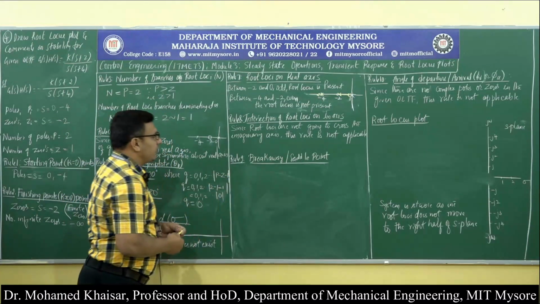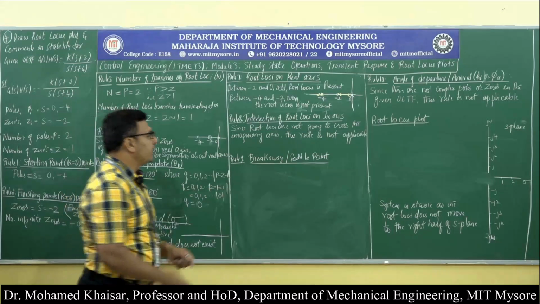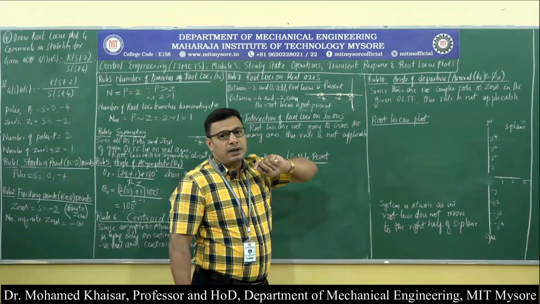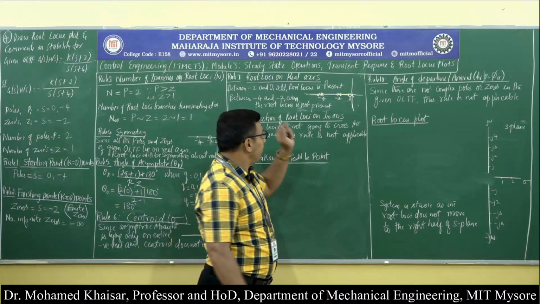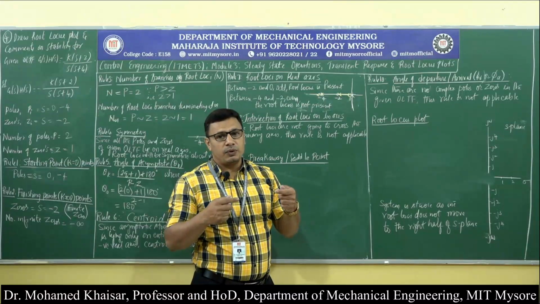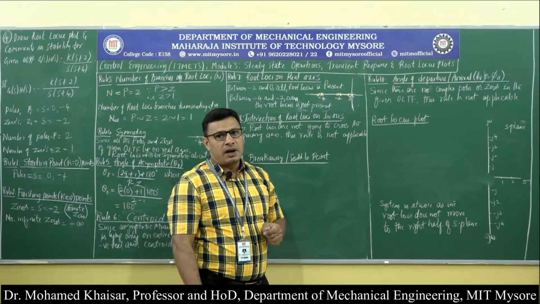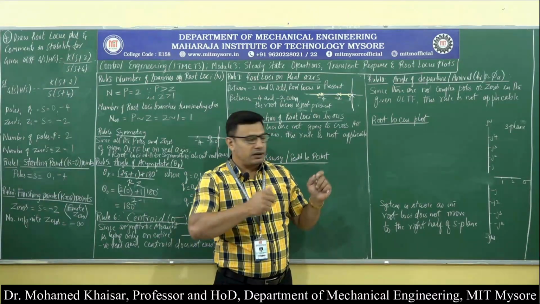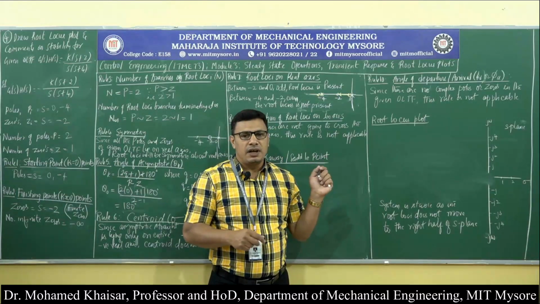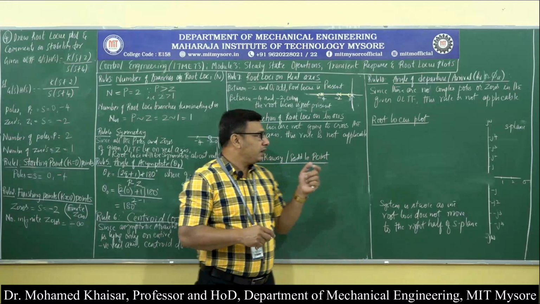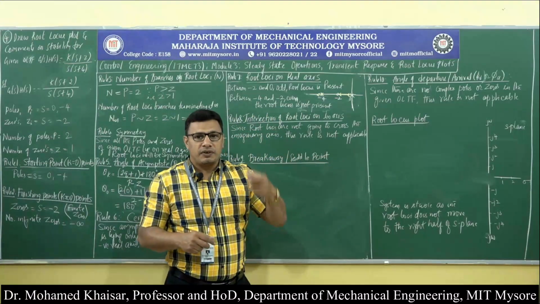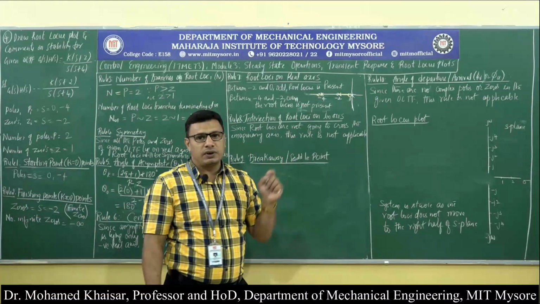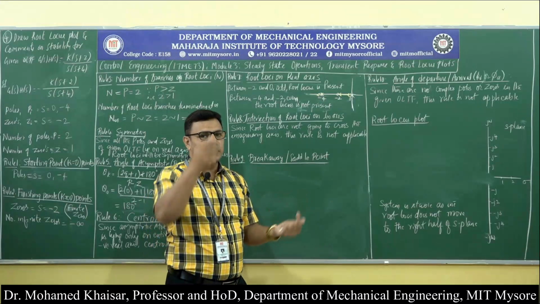Then breakaway point, rule number 9. Here in rule number 7 itself, if we observe, when will the breakaway or saddle point exist? We know that whenever two branches of root loci are colliding towards one another, or whenever there are two zeros existing successively on the negative real axis and the root locus is present between those two zeros, in such a case both the branches of root loci will be traveling towards the zeros. Therefore, some saddle point is required.